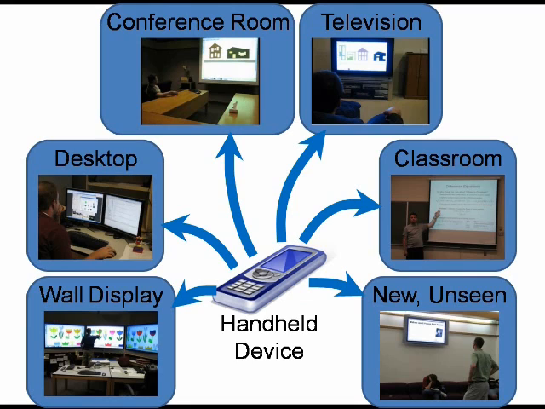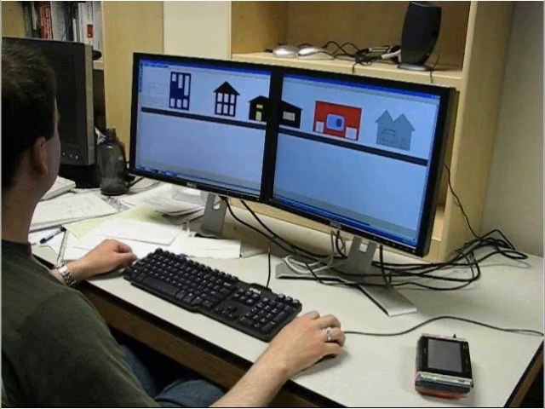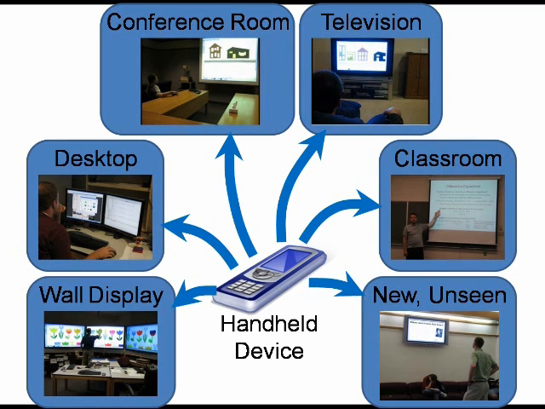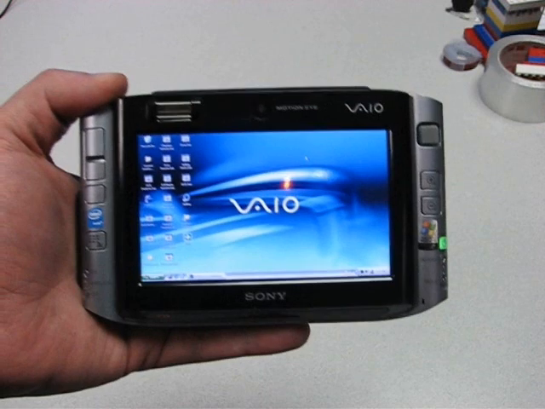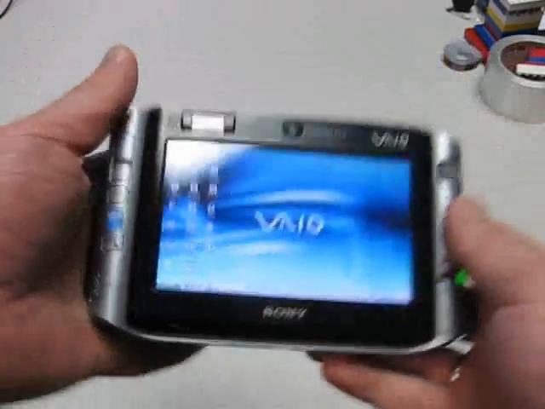XICE accomplishes this by allowing handheld devices to annex rich output and rich input when convenient for the user. Now applications run on the handheld but can be used on the desktop, projector, wall screen, television, or any other appropriately configured display. Our prototype handheld is the Sony Vaio UX, a little bigger than normal handhelds but much easier